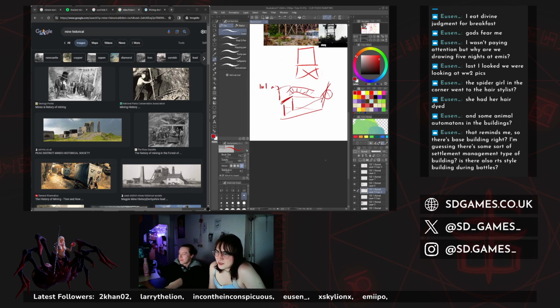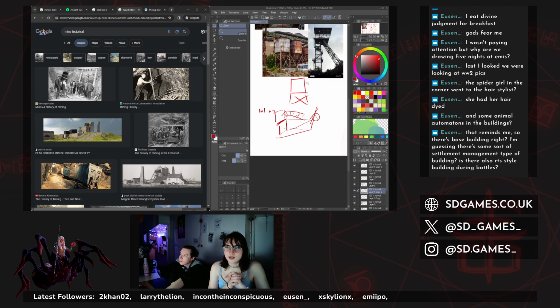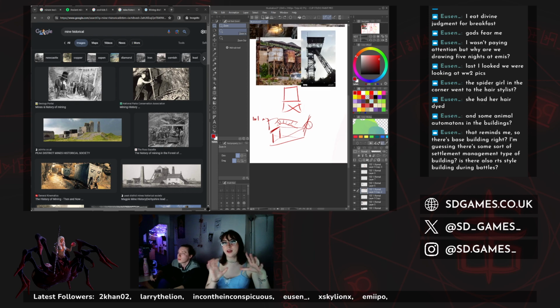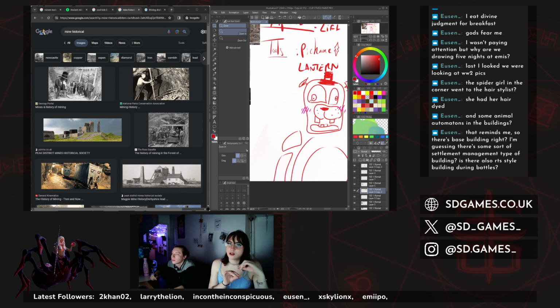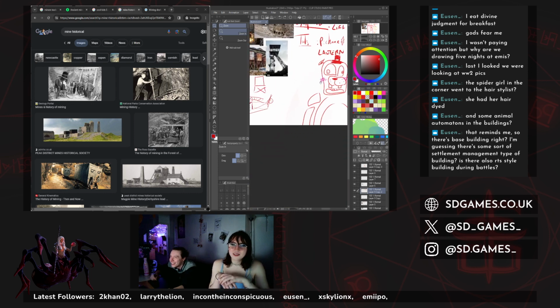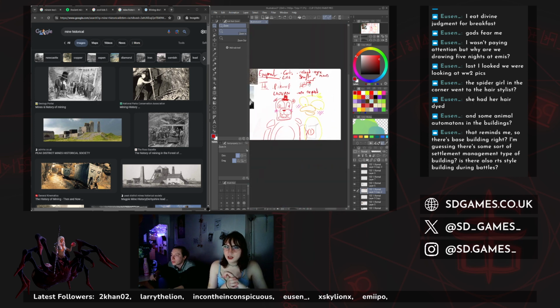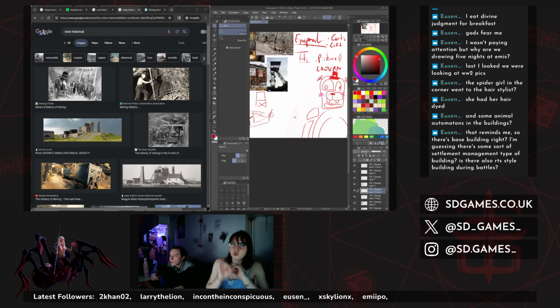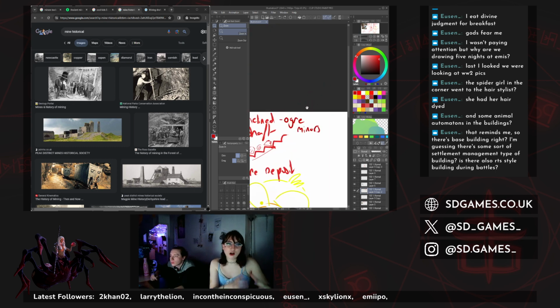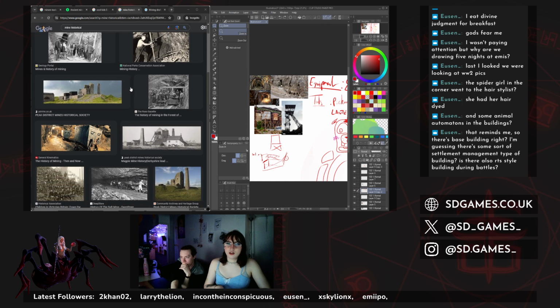So there's base building. I'm guessing there's some sort of settlement management type of building. Is there also RTS style building? So this one is the difficult thing we've been looking at: the stronghold building. You have your base, and you technically only have slots. We kind of went against choosing where you get to build them in your stronghold. You do have the slots, and you get to choose what goes in the slot. So it doesn't have to be that this slot will always be a mine. They could be different, but it's more of just your stronghold.